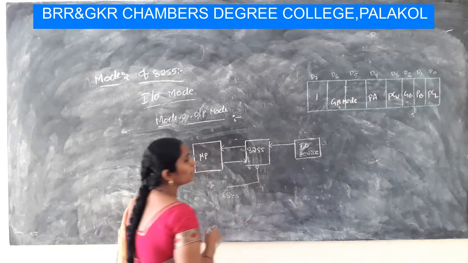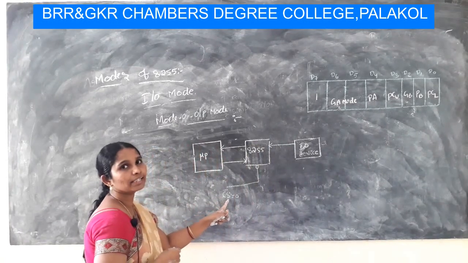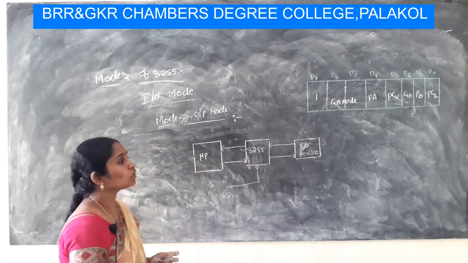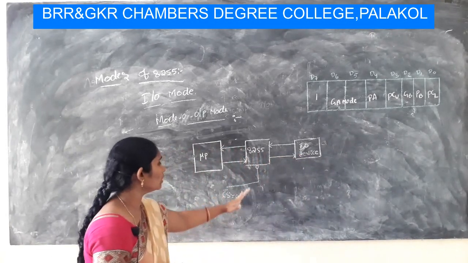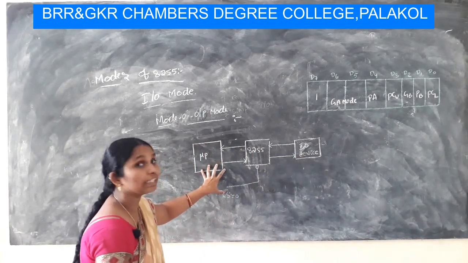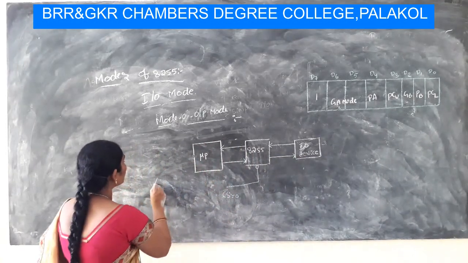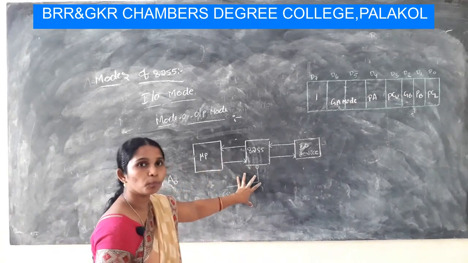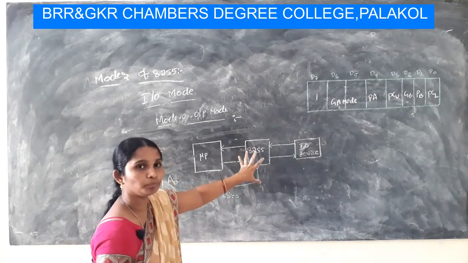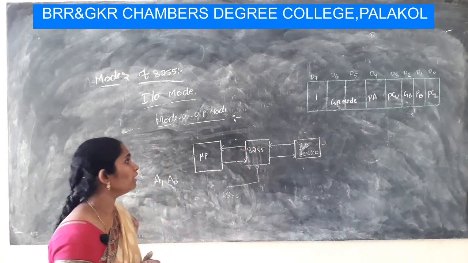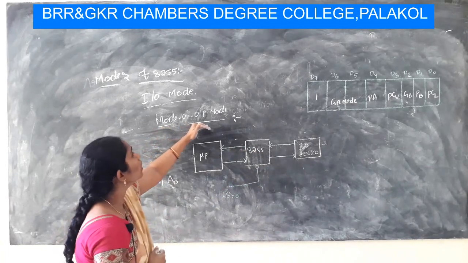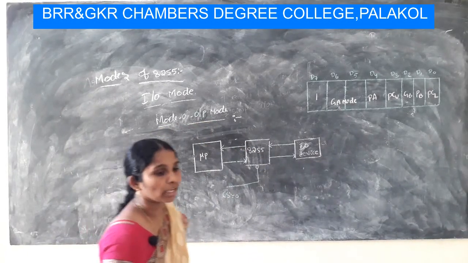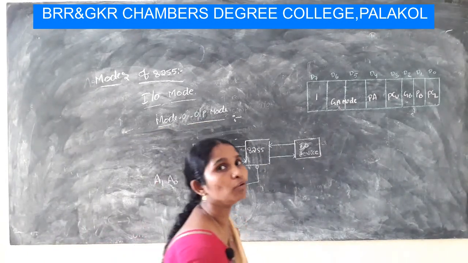So this 8255 is enabled when CS bar is equal to 0, then it will give to the IO device. So depending upon the CS bar, and depending upon A1 and A0, it will select the desired port to write the data to 8255. Okay, so this is the mode 0 operation. Now coming to the control word for this IO mode.